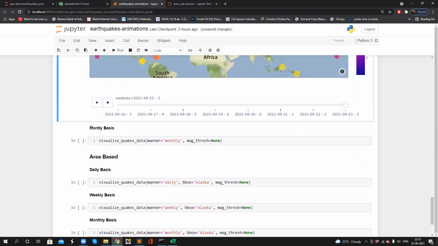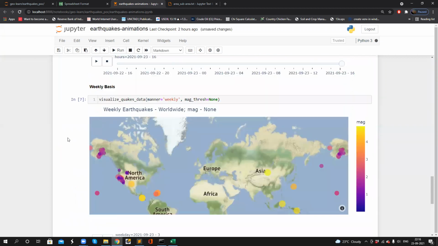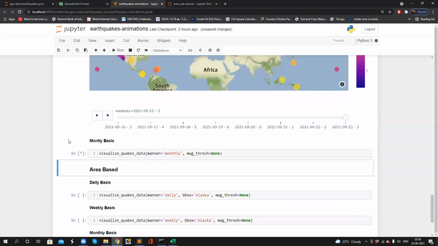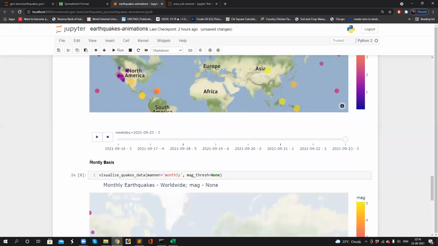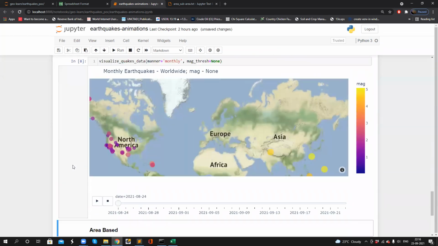Coming to monthly basis, we actually have date as animation frame. And this is done for worldwide data. Actually, monthly data is very large, so it takes some time to load. And you can see here, I think we have at least 30 values below, and the date column is specified.